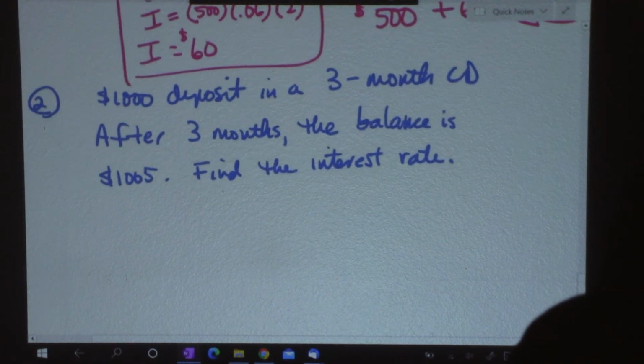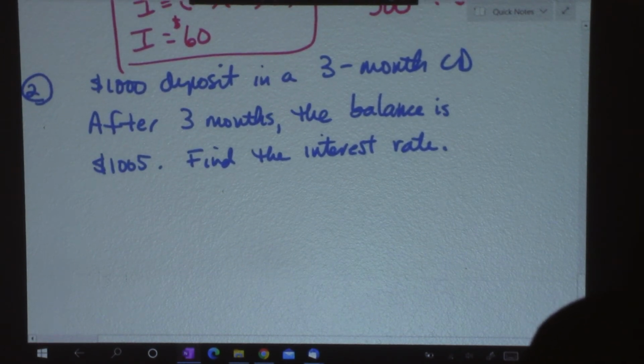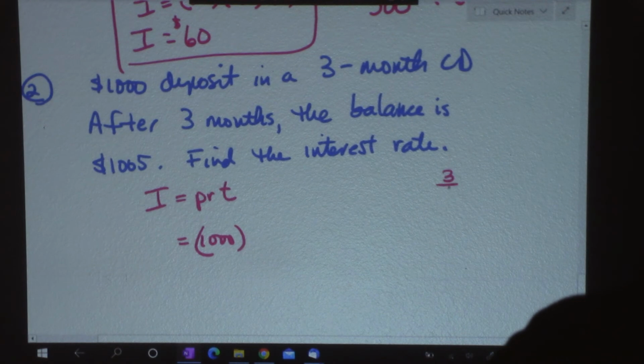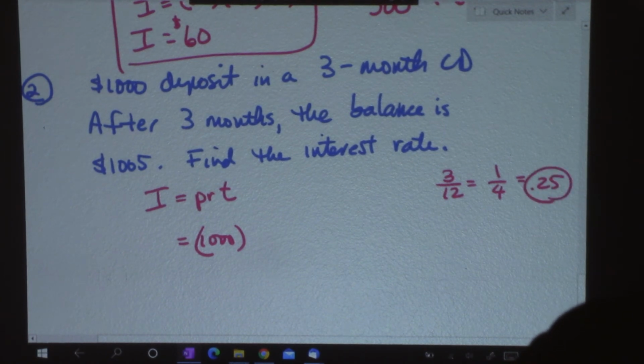Okay, let's do number 2. We have a $1,000 deposit. Here is our formula. So I'm going to put $1,000 into that. A 3-month CD. So that is 3/12 of a year, or 1/4. How do I write 1/4 as a decimal? That becomes 0.25. So I'm going to have 0.25, and the balance is